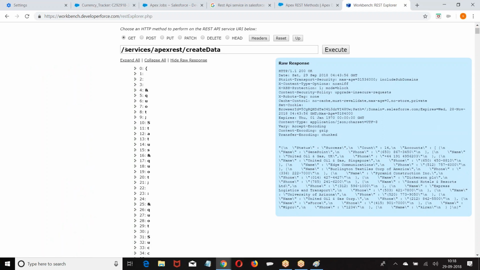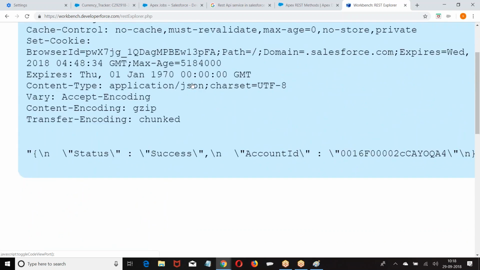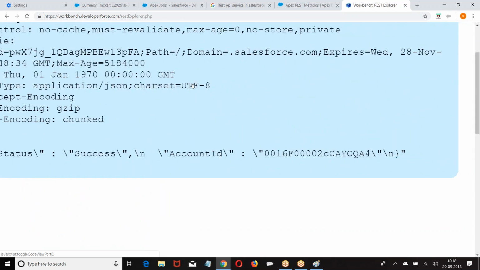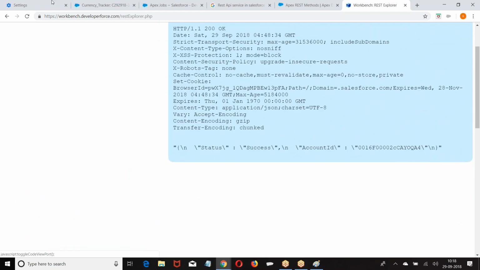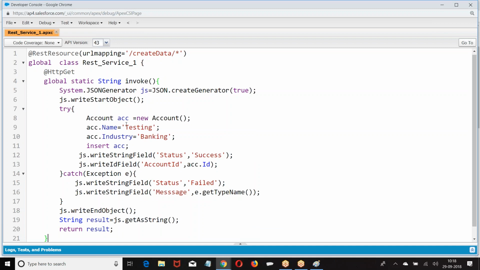Now how are we calling? Slash services slash fxs. For every REST API service defined in Salesforce, this is common. Services slash fxs followed by create data. Execute. When I execute, now what was that? Status success, account ID, so and so. Status success, account ID, so and so. If the DML was failure, suppose